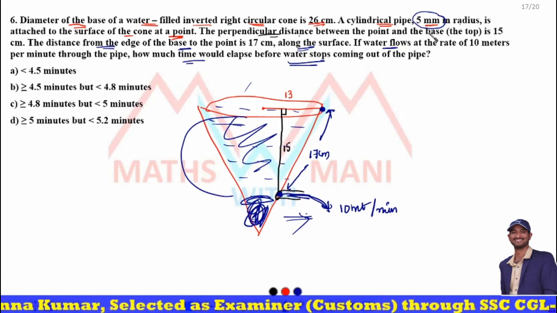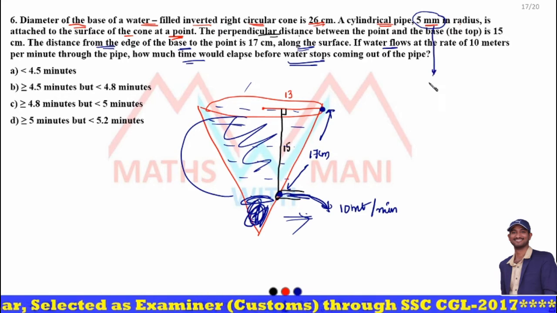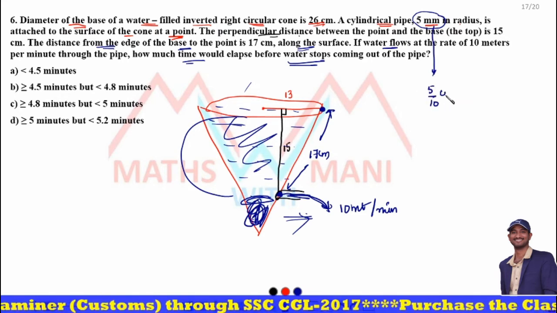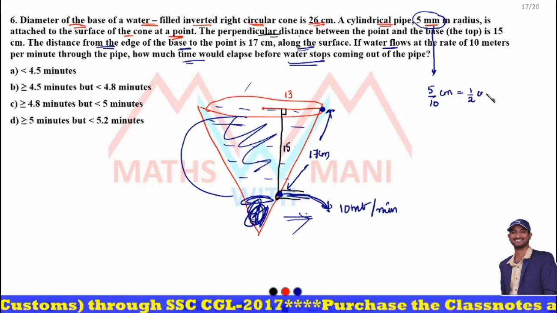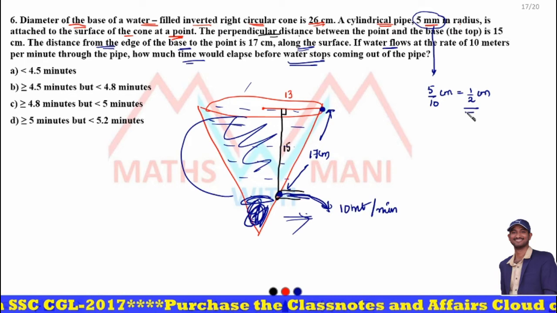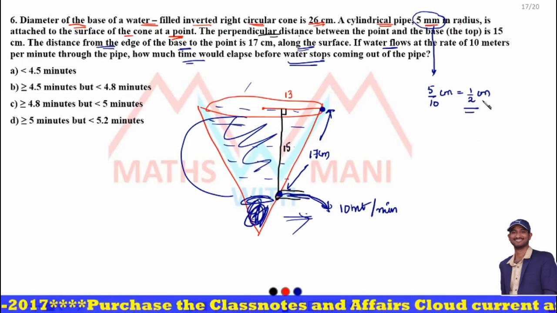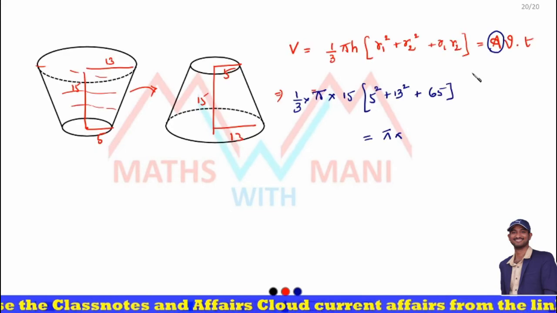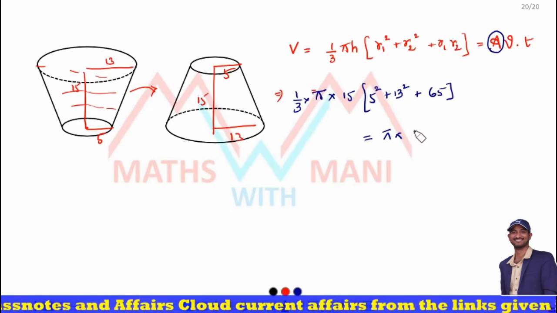5 millimeters in radius means convert it into centimeters. That is 5 by 10 centimeters, that means 1/2 centimeters. Because everything should be in centimeters. So what is the radius of this cylindrical pipe in centimeters? 1/2. Okay, now pi r square, the area of the cross section is circular, so pi r square, so 1/2